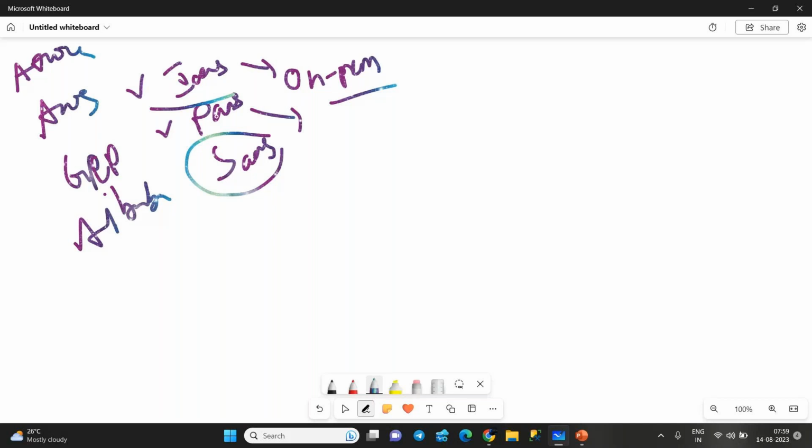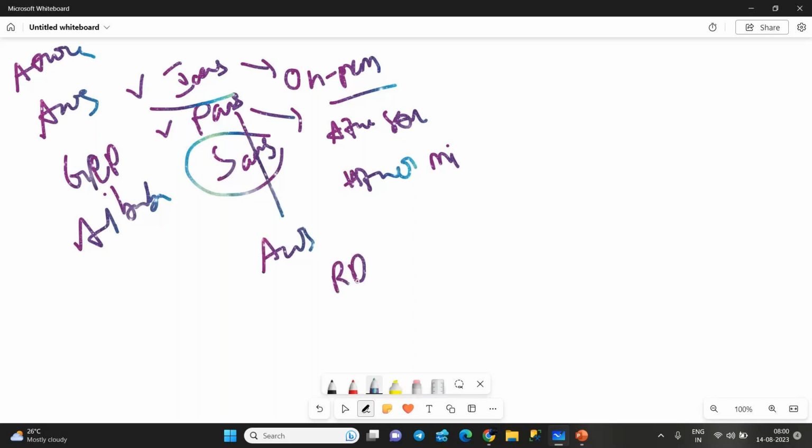You can prefer a PaaS platform, platform as a service. Here you will get Azure SQL and Azure MI in Azure. But if you go to AWS, you will get RDS, Relational Database Service. Only one service, and you can do n number of things. But in Azure, you have two services. One is Azure SQL Database, one is Azure MI.